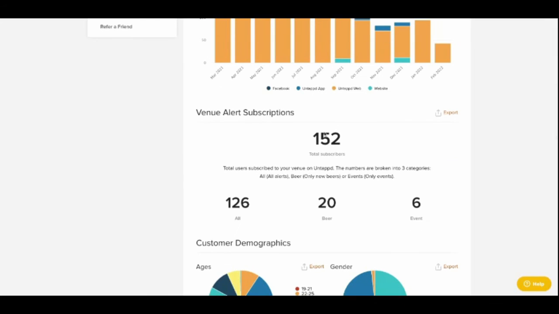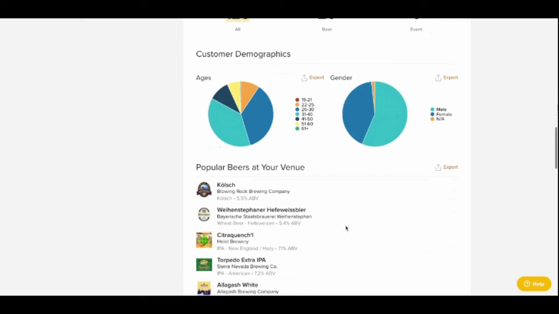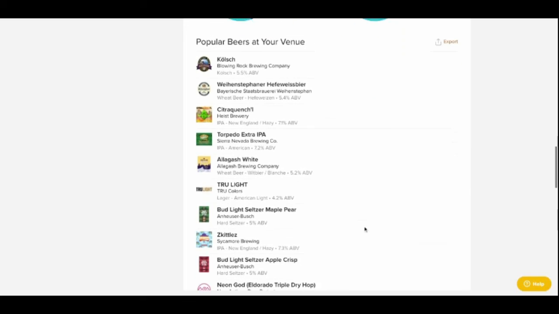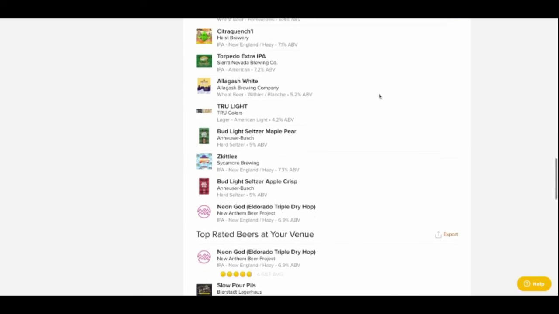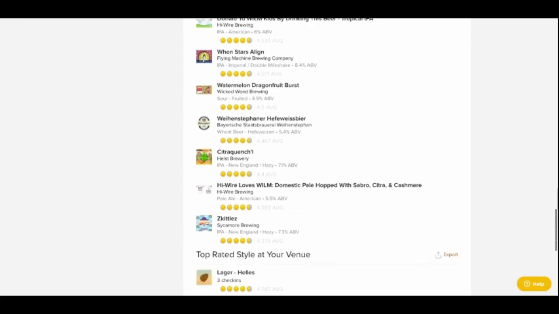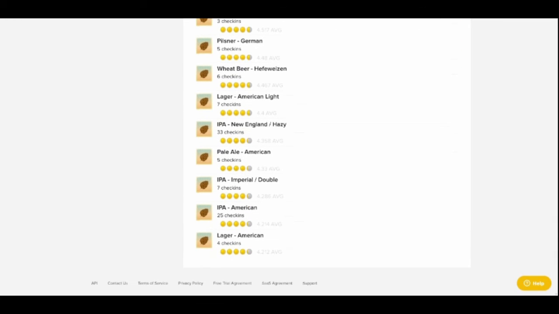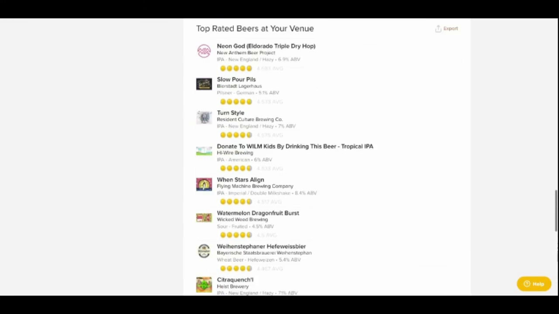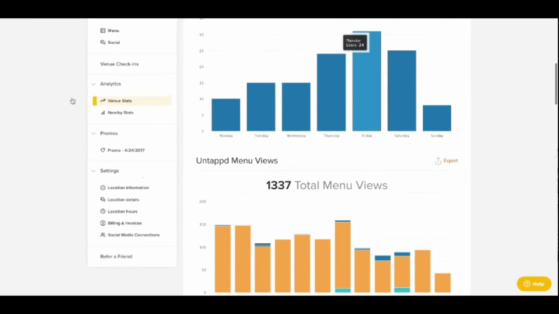Here, you'll be able to see the total number of your subscribers, as well as what they subscribe to, as well as their demographics by age and by gender. Down below that, you'll be able to see a list of the most popular beers at your venue, the highest rated beers at your venue, as well as the highest rated style of beer at your venue. If we go back up, we can take a look at the stats for the area around you by clicking